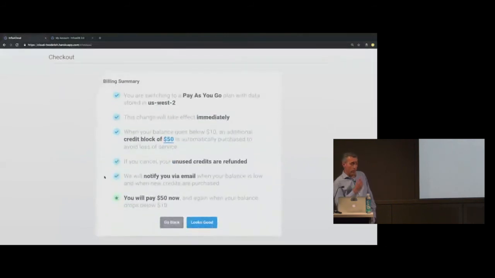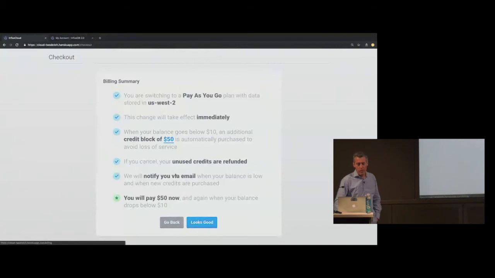Now, the way this works, for those that live in New York and New Jersey, it's like E-ZPass. You can buy a credit block. You can decide the size of that credit block, and then you're going to burn down those credits over time based on your usage. And when it hits a low water mark, we'll refresh based on the credit card. Makes sense. If you cancel, we'll refund. Obviously, that's required by law, so we're not going to keep your money. And of course, we'll set up notification limits via email, so when you hit that low water mark, we'll let you know what's happening, right? And okay, looks good, you can move on to the next stage.